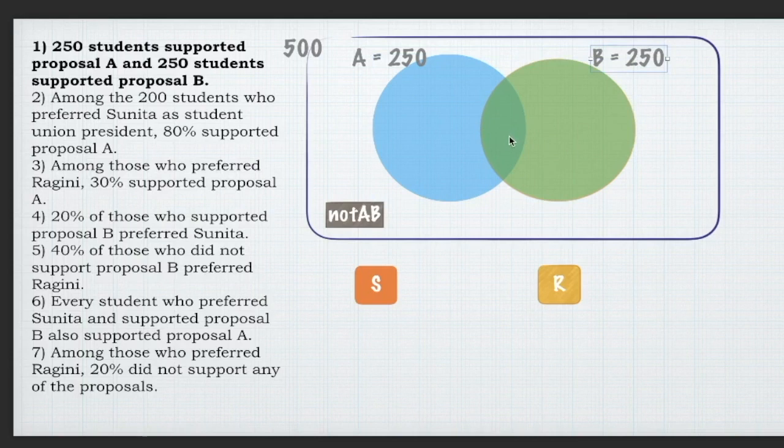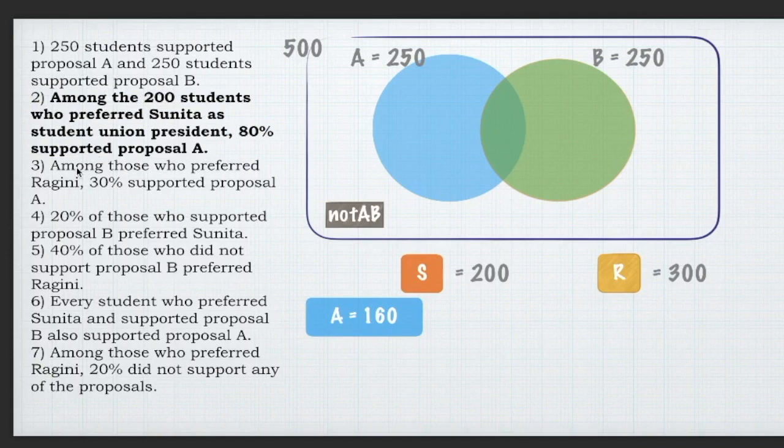Moreover, do not make the mistake of thinking that 250 and 250 are total of 500. You do know there are some people, or there may be some people who are outside these sets altogether, and that will be very closely linked with the common intersection. Again, do not think too much, move on to the next rule.